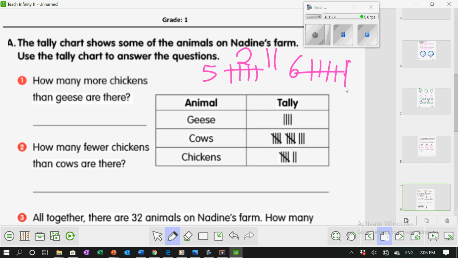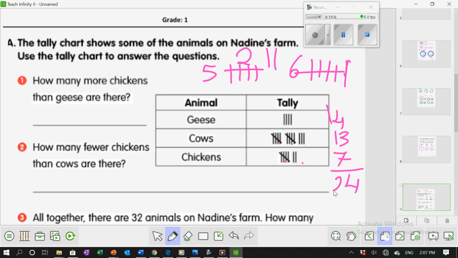Before we do, let's find the total. Here we have animals: geese, cows, chicken. The tally here, 4. Here is 5 and 5, 10. 10 and 3, 13. 5 and 2, 7. Let's find the total. Yes, 7 and 3 is 10. 10 and 4, yes,